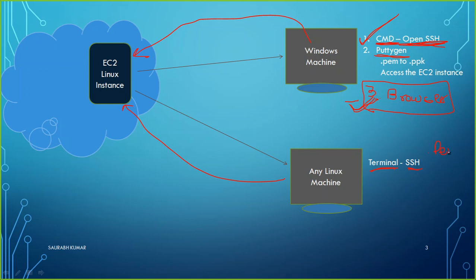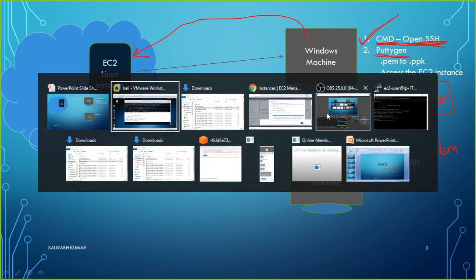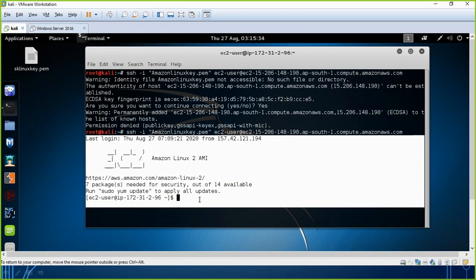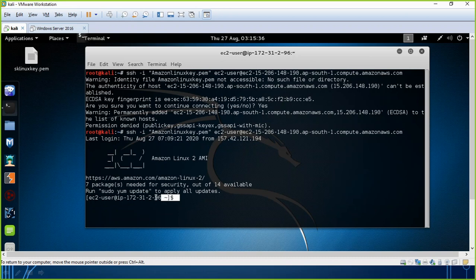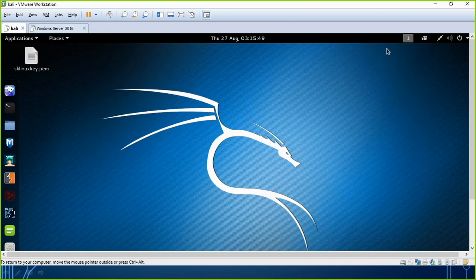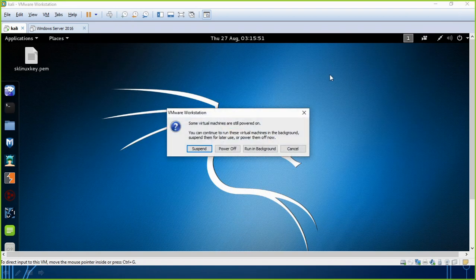You need to have the key with you so that you will be allowed to access that machine. This is what I did and I have the access. I am right now on that machine, ec2-user at this IP. So this was the method of accessing the Linux instance from a Linux machine itself.